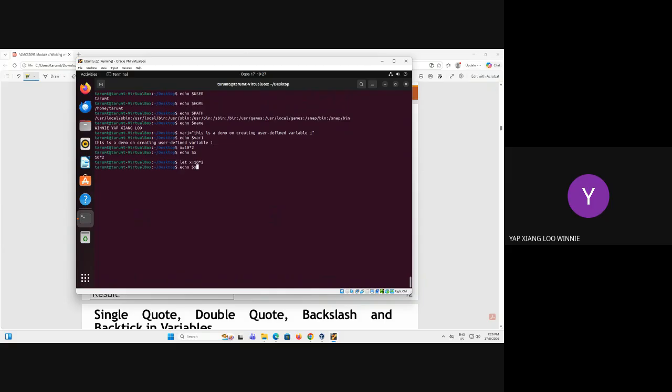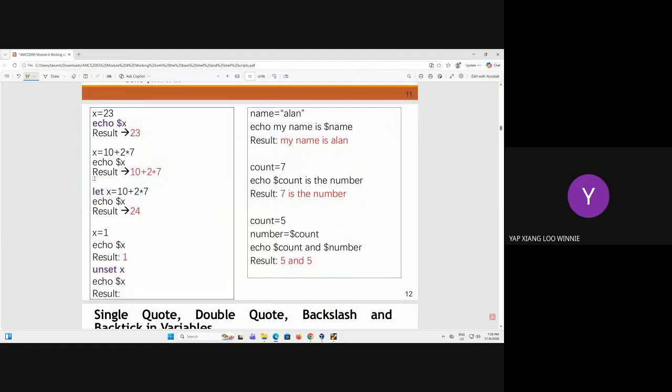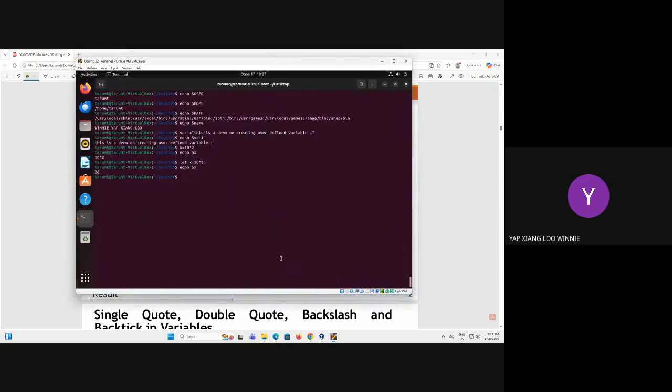Okay, by doing this way, the moment you print out, you get the calculation instead of treating it as a string. So what happened is we have just added one more extra let here. As you can see, the moment you put the let command in front of the expression that you have passed in, it's going to do the math. Okay, and there's one more command called unset. Right now, if I print the x it is 20, but if I do unset variable x and I print it out again,